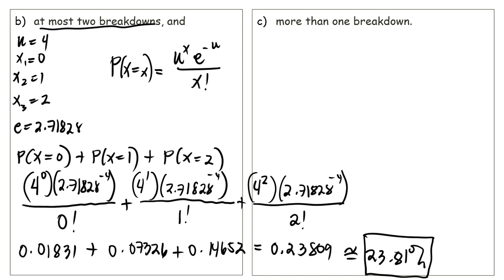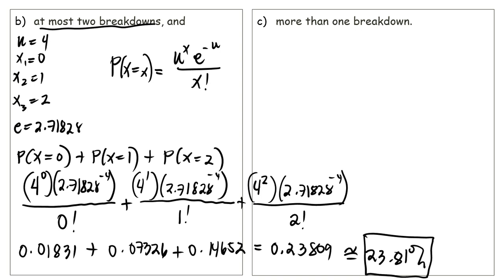Ayan. Next, for letter C, ito naman. Ang sabi naman ito, more than 1. Kapag sinabing more than 1, more than sa isa. So, ano yun? 2, 3, 4, 5, 6, 7, 8, 9, 10, 11, and so on and so forth. More than 1 po kasi ang